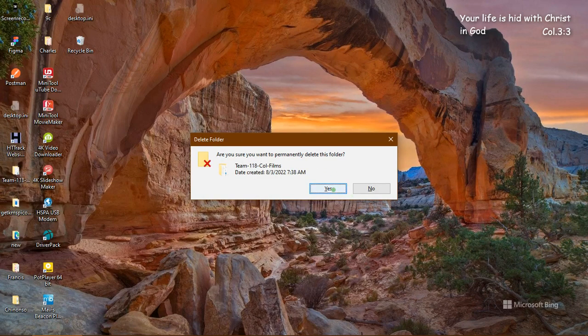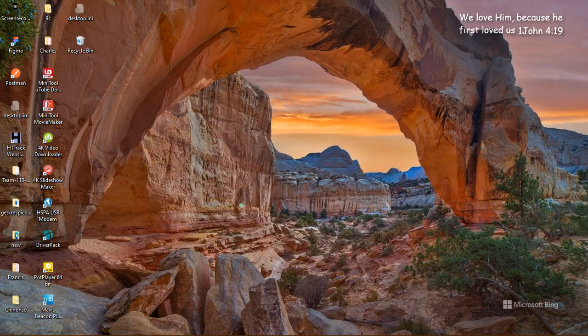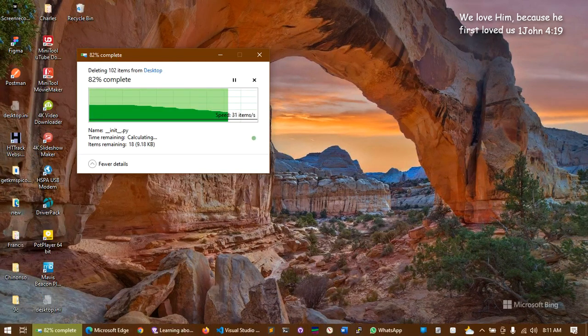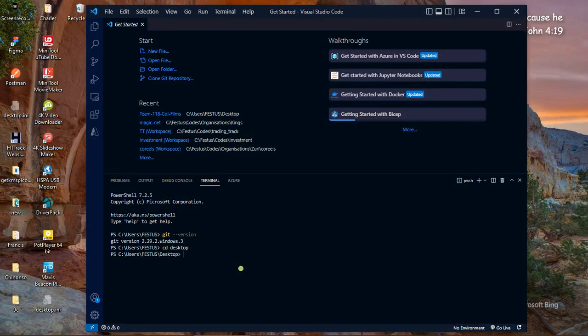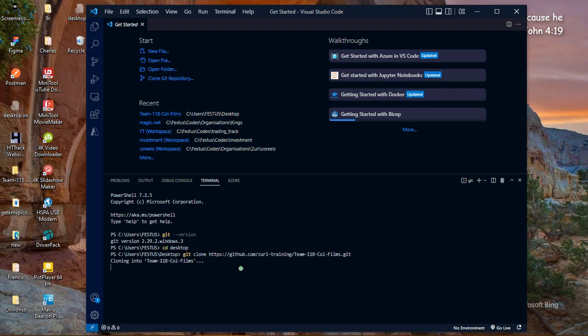In your case, you might not need to delete because you're already working on it, but for you to understand what I'm doing here, I need to delete this folder that is already here, and I'll come back inside and then do git clone. That is in my VS Code. Then I'll paste the link I copied initially. When I press enter,